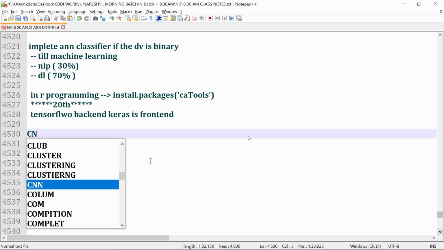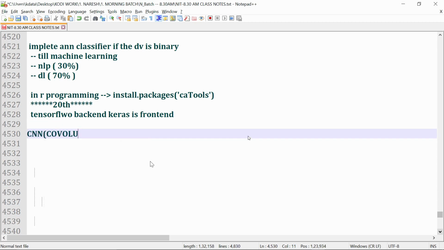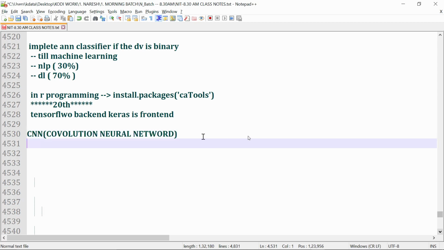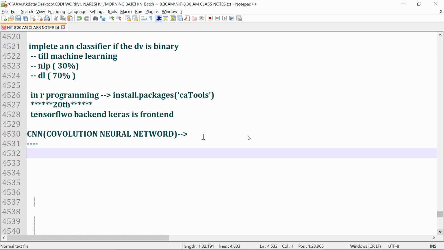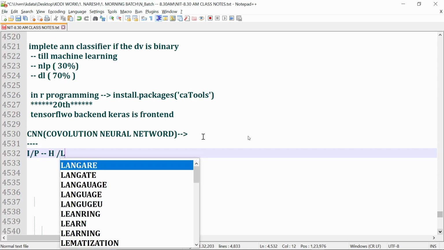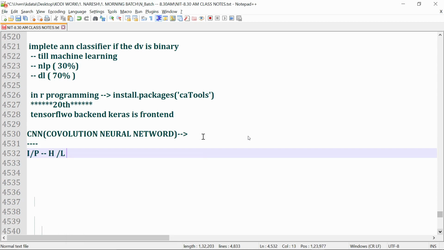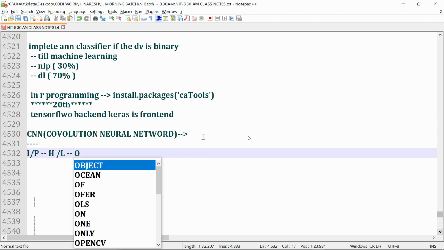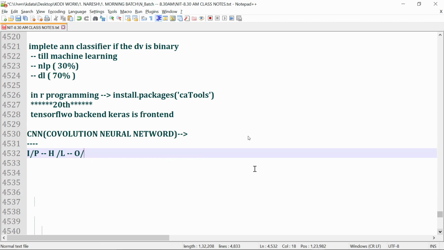CNN means convolutional neural network. So, understand the architecture of ANN. We saw input layers, hidden layers, and output layers. Agree or not? And we implement activation functions in input, hidden, and